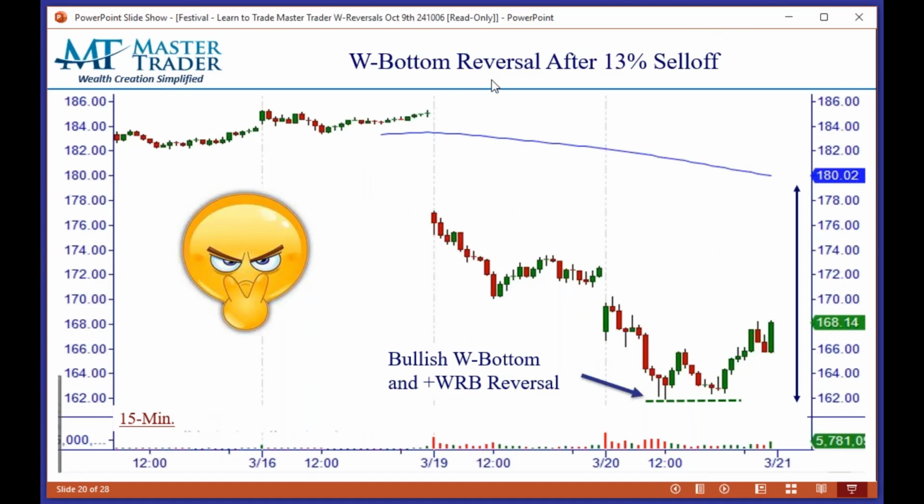Intraday. I actually remember this stock. We purposely don't put symbols on here because it doesn't matter. But I remember this one because I have a good memory. This was Facebook in the days. It had a 13% sell-off here. I don't know if the FTC was coming after them or whatever the case. 13% sell-off, nasty gap, consolidating at the low, gap down, momentum move down, 2 bottoming tails,